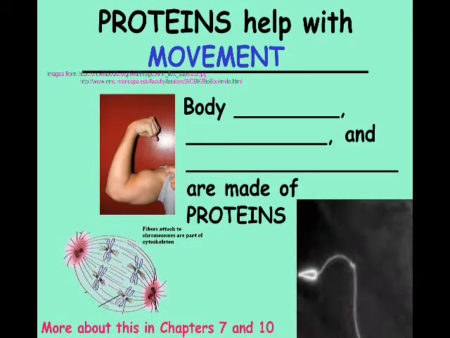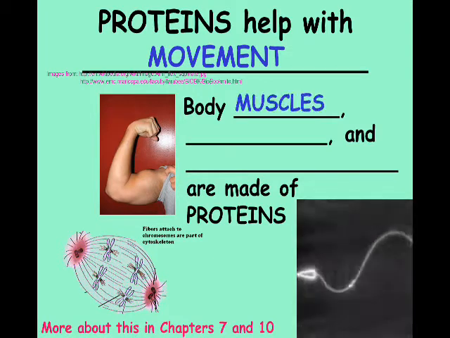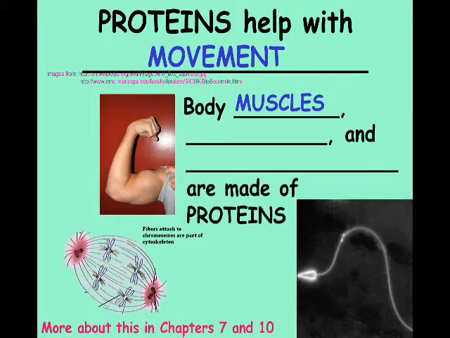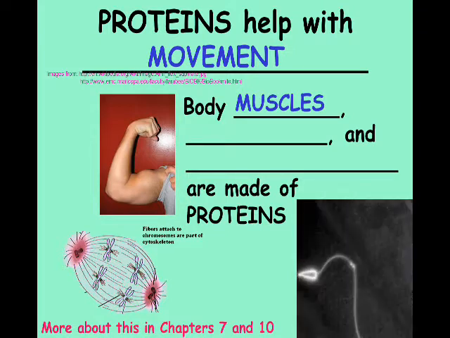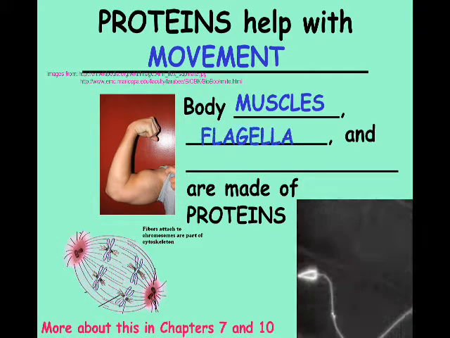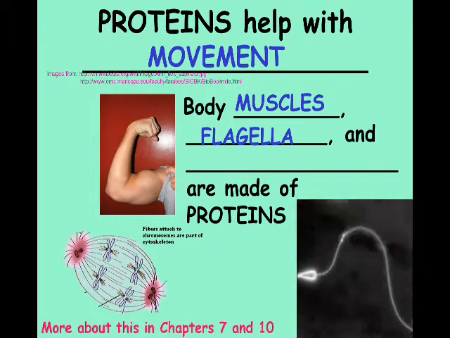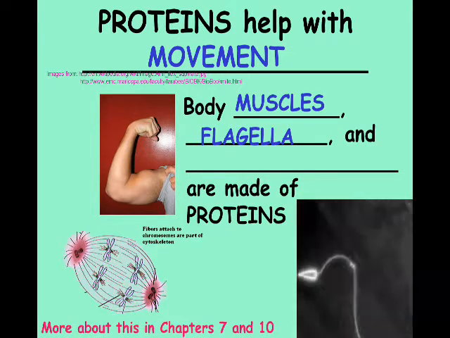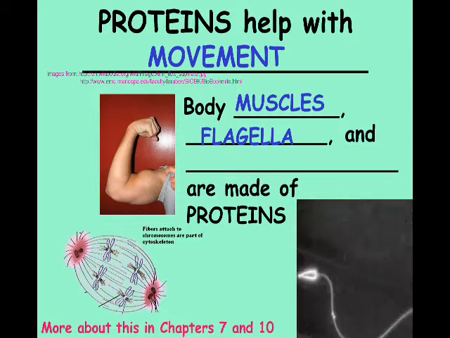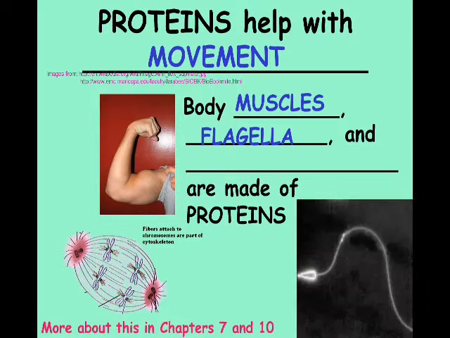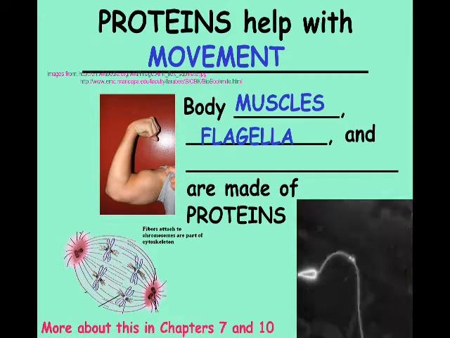Proteins help in moving things around. For example, your body muscles, the muscles in your arms and legs that move your body, are made out of proteins. They also can move single cells. If you look at this little sperm cell swimming, what allows it to move is that big long tail at the end. It's called a flagellum, plural flagella. And that little swimming tail that helps the sperm get to the egg is